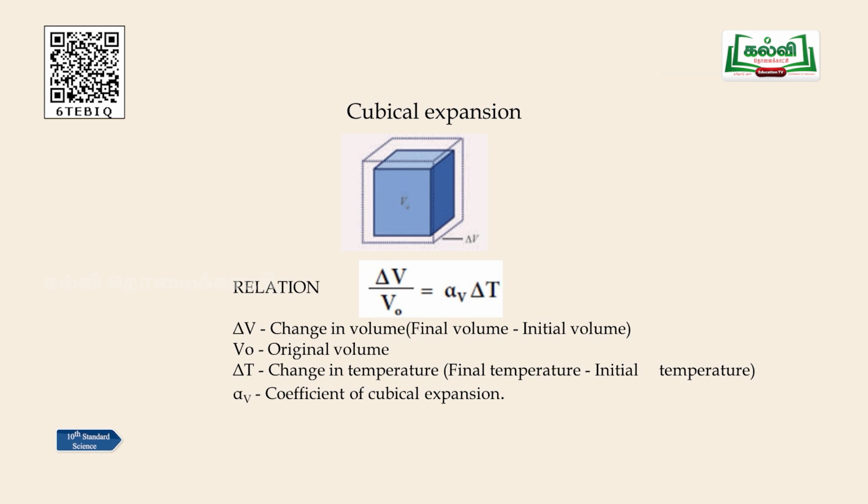Now, let us see the formula. If I want to find out the total increase in the cubical expansion, the formula goes delta V by V naught is equal to alpha V delta T. From this we can find alpha V when we know all the other variables, V naught and delta T. So, this is how we can measure the linear, cubical and superficial expansion for any solid material which is heated. Now, let us go for expansion in the case of liquids and gases.